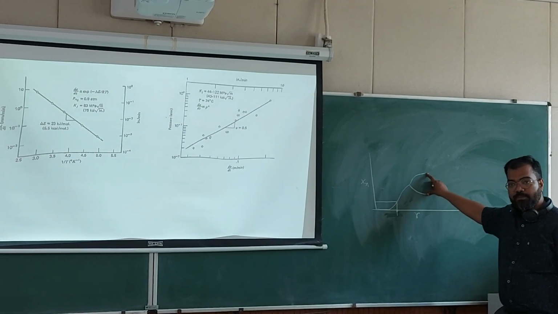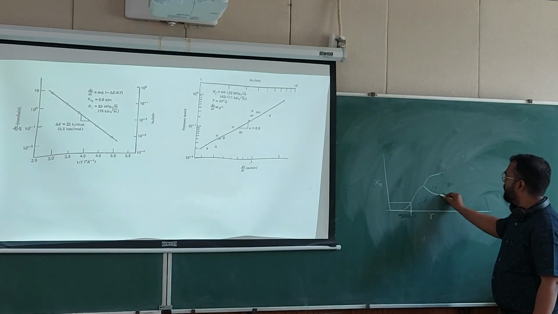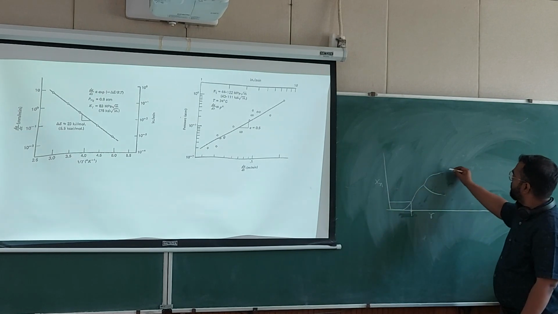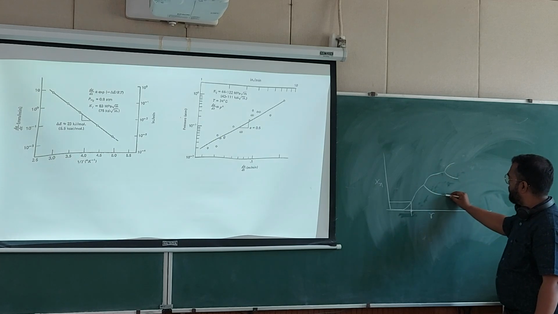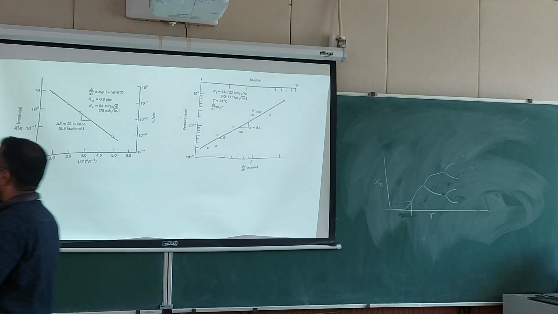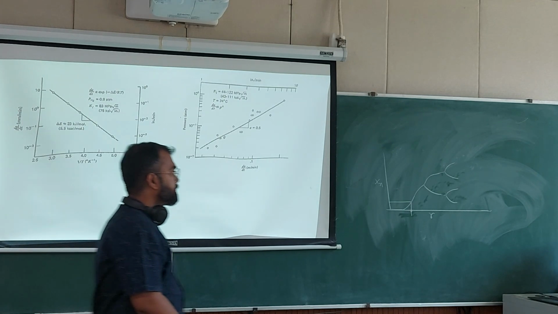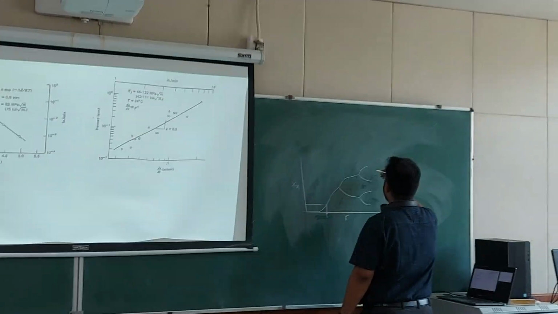And what will happen beyond that? As you increase the value of r, these 2 points will go on separating from each other, and then there will be further bifurcation. So then this curve will look like it is going to one value, second value, then third value, then fourth value, and it will be oscillating like that. So it will have 4 saturation values. And again,